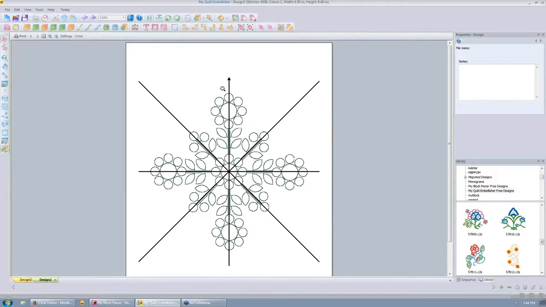I'm going to print this out on my template paper, and then maybe trim around it. If I trim off that arrow, I'm going to make sure that I draw it on there just so I know what the top is. And then I can stick it directly onto my quilt or my quilt block, and it's removable. I can put it on and take it off and put it on and take it off, so that when I stick it down and I have it perfectly aligned with my block,